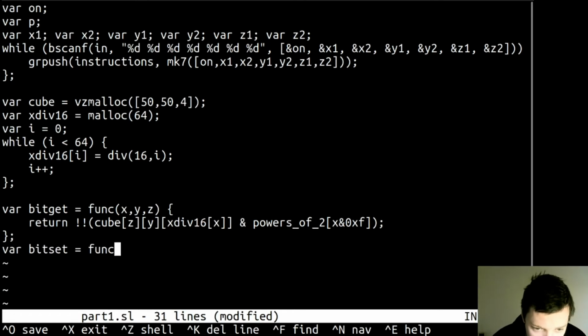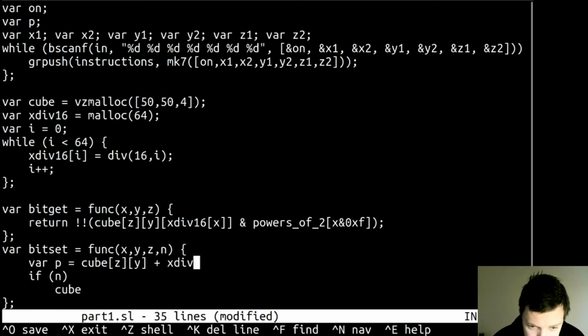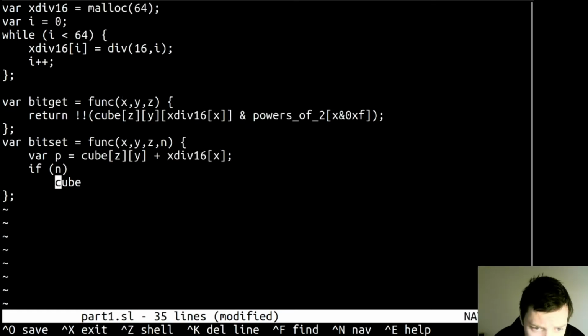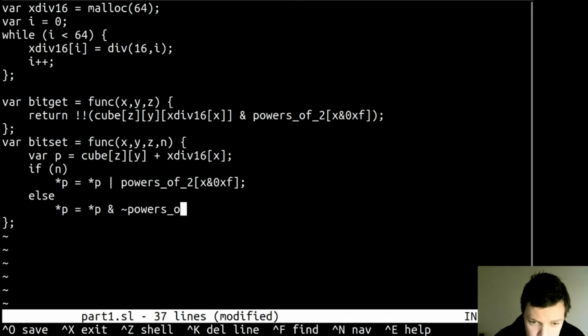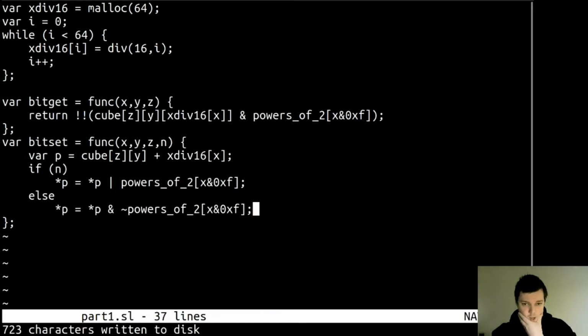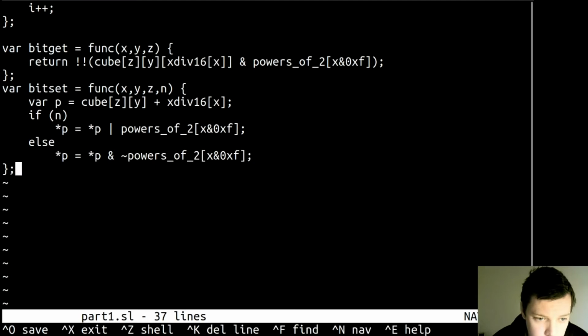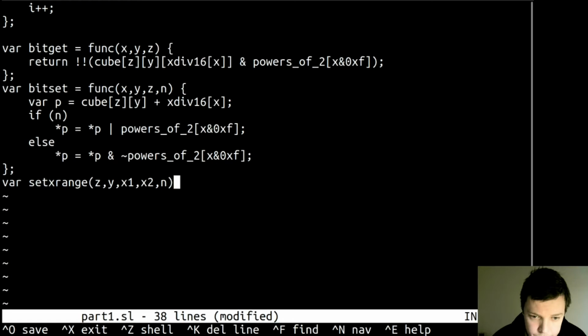And to set the bit, something like that. And now to set all the x's in a range, to n,